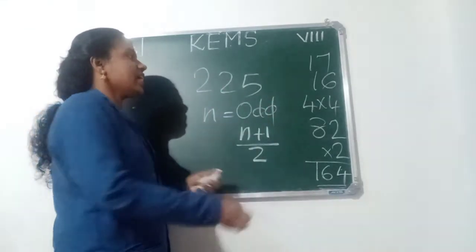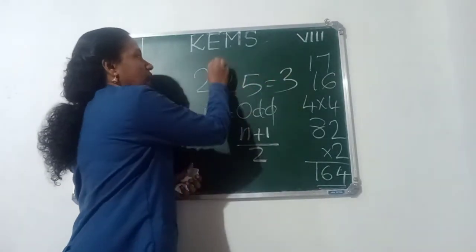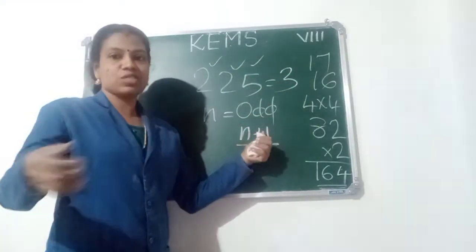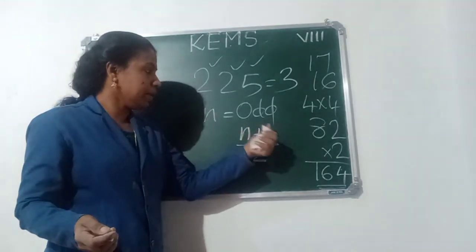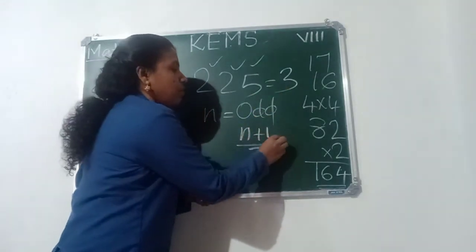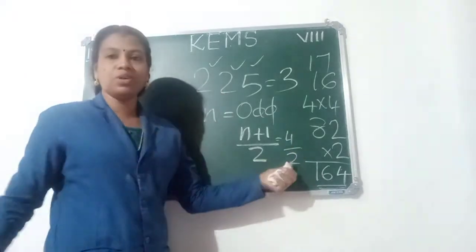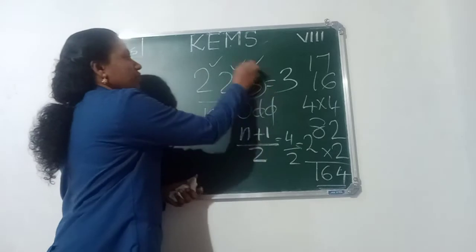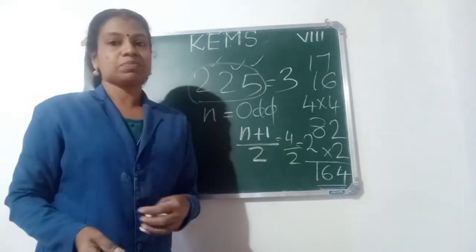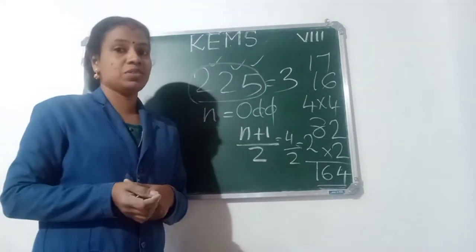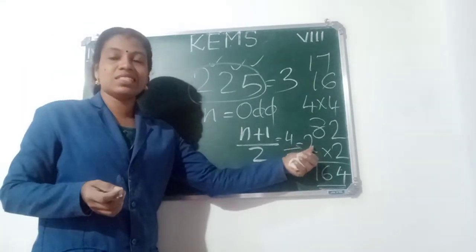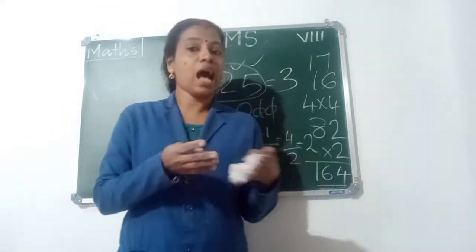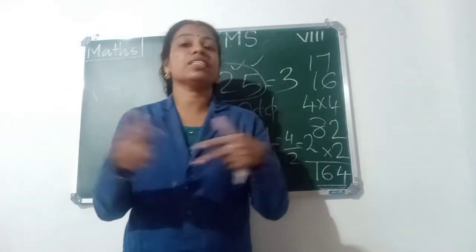Here n equal to 3, 1, 2, 3 digits. So its square root will have 3 plus 1, 4, divided by 2, 4 by 2 is 2 itself. That is, the square root of this 3-digit number will have how many digits? 2 digits. That I told you. If a perfect square has 3 digits or 4 digits, then its square root will have